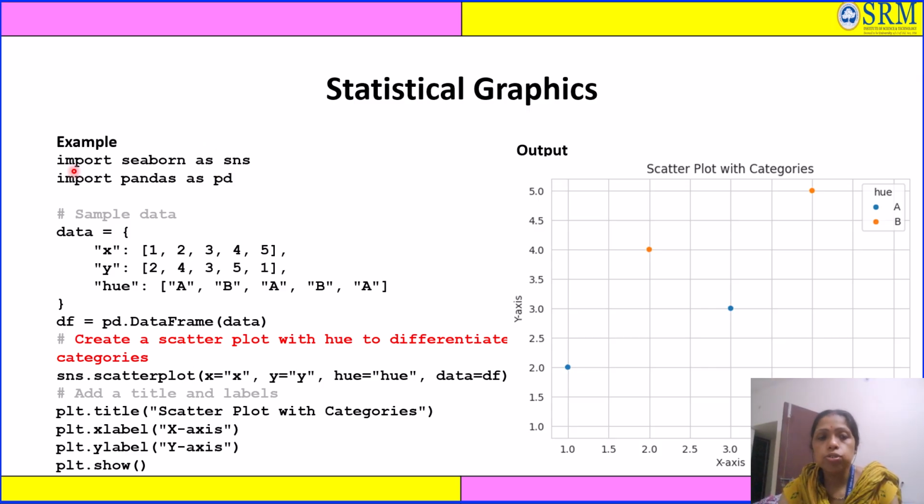So first we have to call the library, import seaborn as sns, then import pandas, because we are creating the data frame. After that we'll visualize that data using Seaborn. So we also have to call pandas, import pandas as pd. Then for data, we are storing some values in x, continuous values, and in y some continuous values are there, and